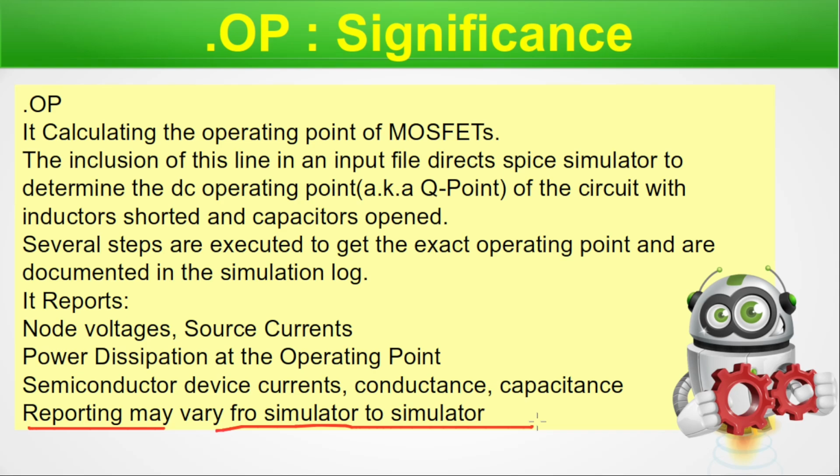Or even when we are printing, there could be a shorthand print or it may be an explicit print. So that varies from one simulator to another to shrink the size of the log file to save disk space. So you must also take care of these options when you are using a proprietary simulator in VLSI. We are done here with this particular slide by depicting all the significance that is associated with the .op,